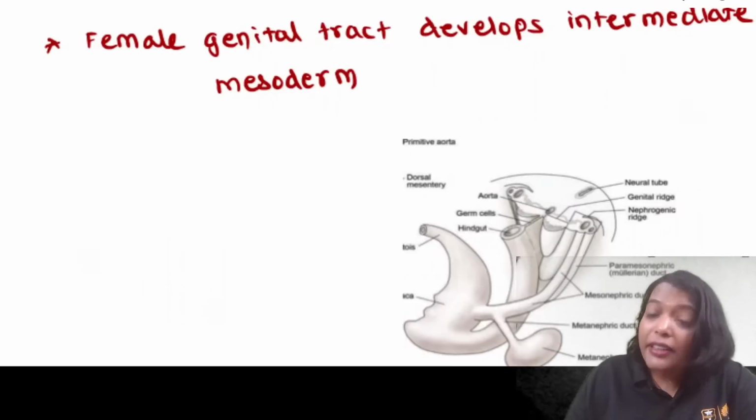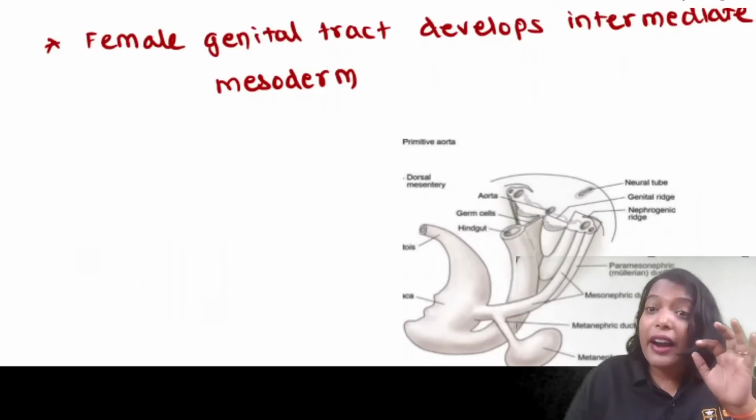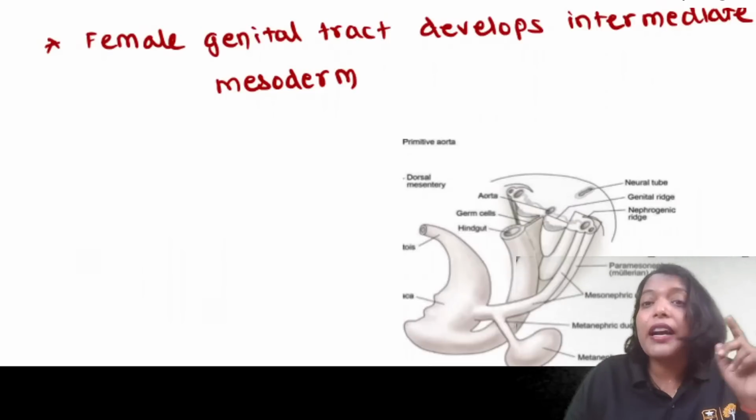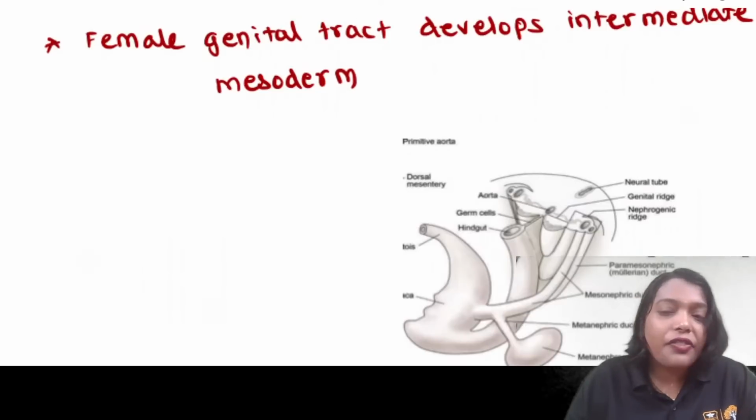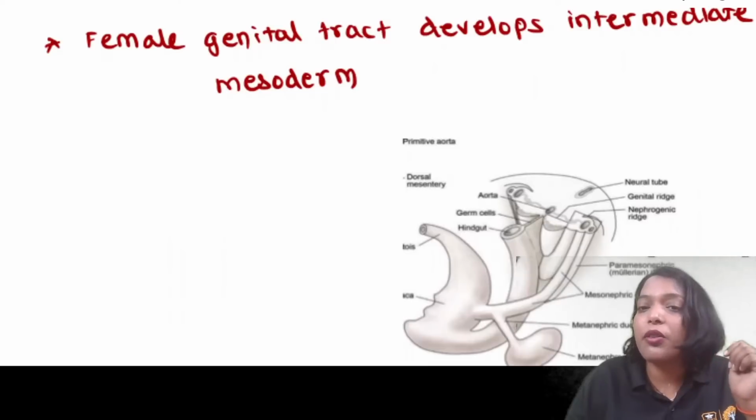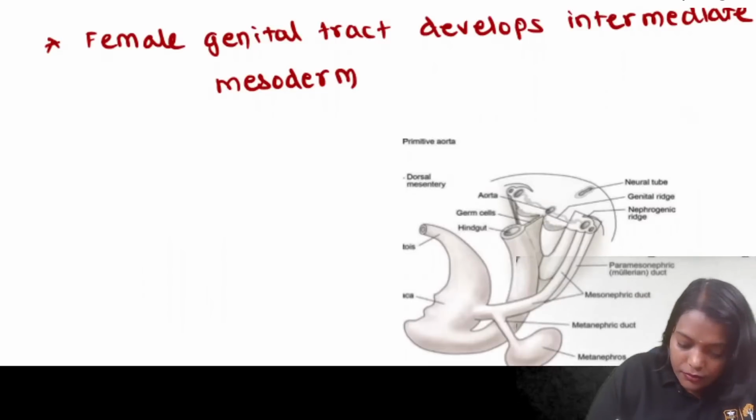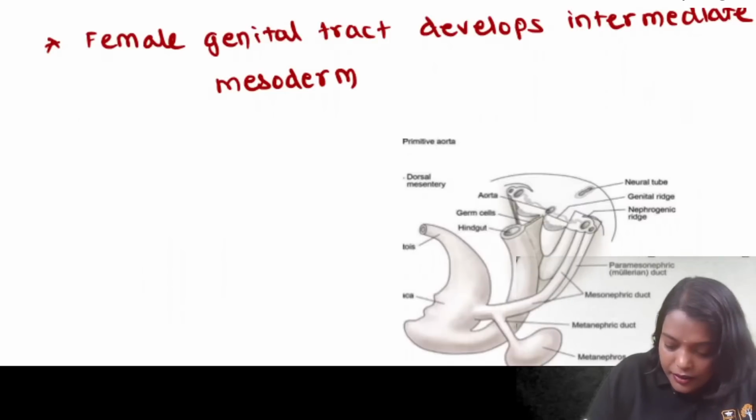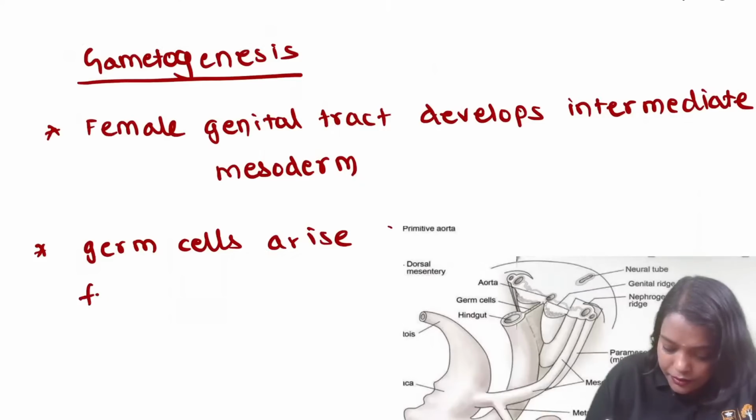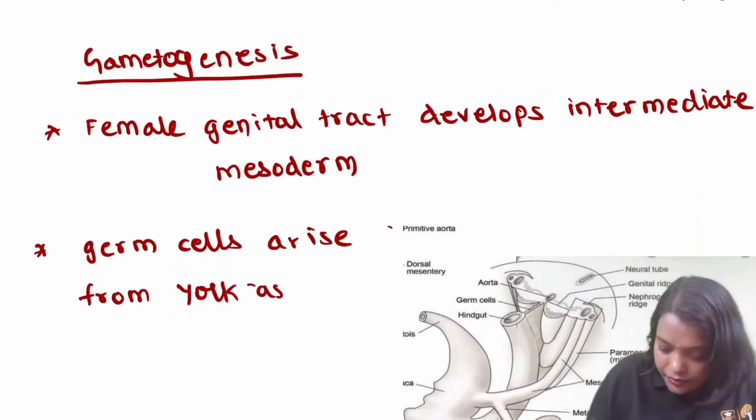Okay, but germ cells arise from the yolk sac, guys. So when they are arising from yolk sac, they are of which origin? Are they ectoderm, or endoderm, or mesoderm in origin? So germ cells arise from yolk sac. They traverse through